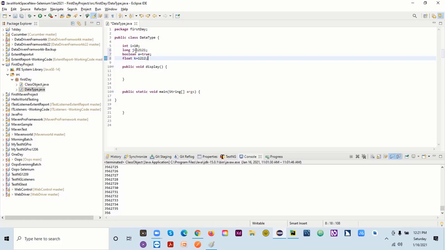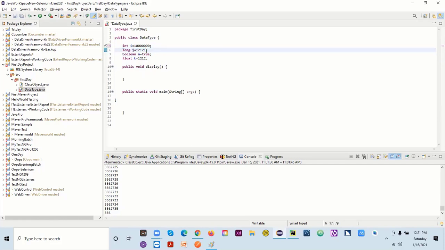So what do I have to do here? Let's say this is my integer. Let me try to increase my number here. See, I'm getting an error now. I cannot have that long number here. If I talk about long, I can have a larger number. If I'm talking about the integer, as I said last time, if I have a smaller number, it will work fine. But if I have a long number, I have to use the long data type.